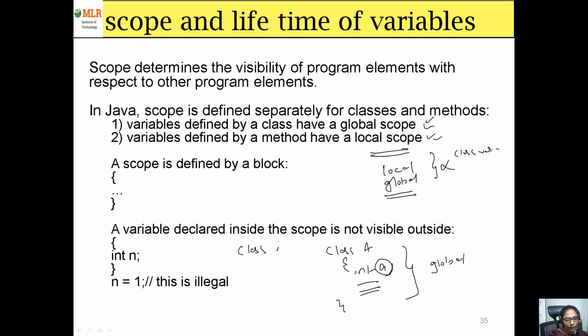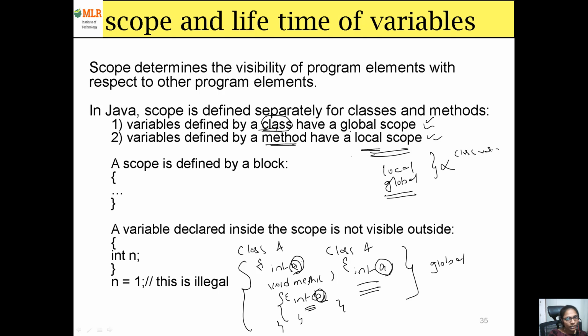And I can declare one more variable here, int a, and I am writing a method met1, and within this I am declaring another variable b. Now the difference between a and b is a has global scope, that means within the class, and b has local scope, that is within the method. Only within this method I can access b, but this a I can access throughout the class, which is nothing but global scope. So within the class, whenever you declare a variable that has global scope, and within a method if you declare any variable that has local scope.